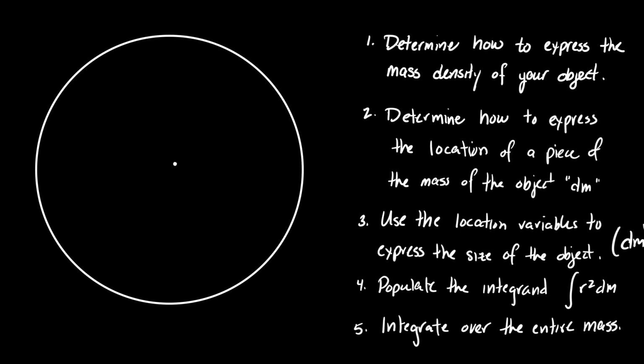If you don't remember what the definition of moment of inertia is, then I can't help you, but the moment of inertia is a measure of how the mass is distributed about the axis of rotation. That's what the moment of inertia is. It was a summation that took each piece of mass and multiplied by how far away from the axis of